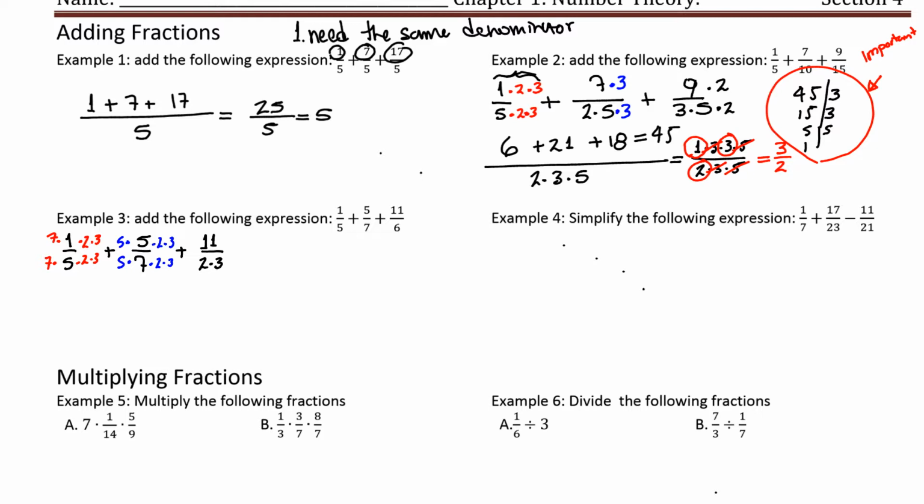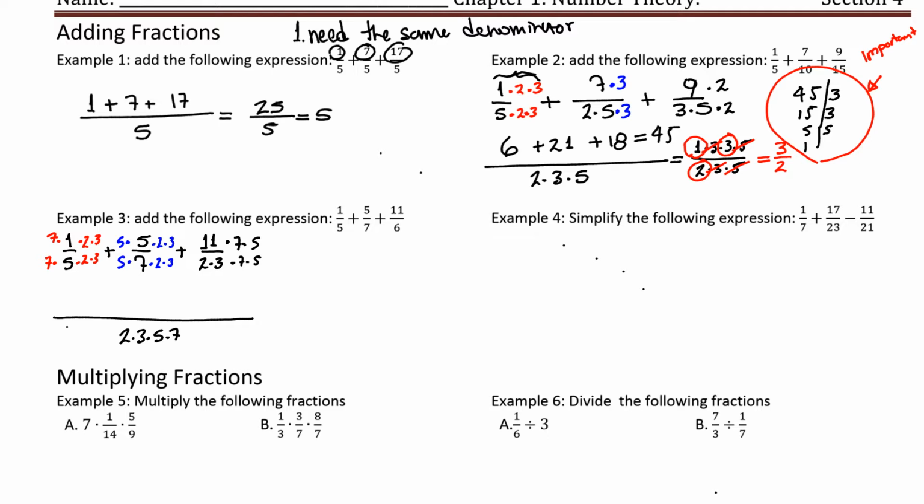Lastly, 11 over 6, which is 2 times 3, is missing 7 and 5, both on the top and the bottom. Once we know what numbers we need to multiply, both the top and the bottom, we have to go back and make a single fraction, add the numerators together, once we simplify it, of course. On the bottom we're going to have 2 times 3 times 5 times 7. I'm going to leave it in its prime factor form,